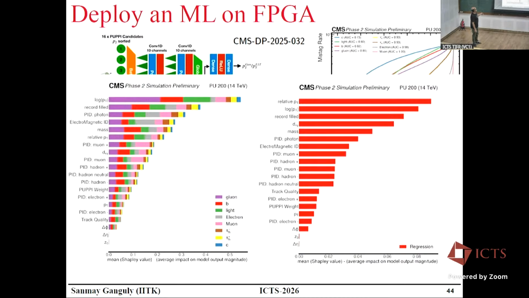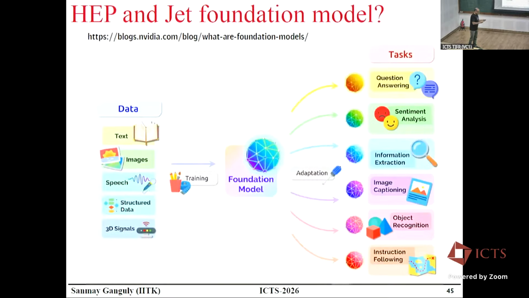So like whether the PT, the particle ID, the hadronic component in a particle, etc. These are analyses of Shapley values. So what kind of features are used even at level 1, people have tried to see. Great. Now, the most modern frontier is something which is called foundation model.